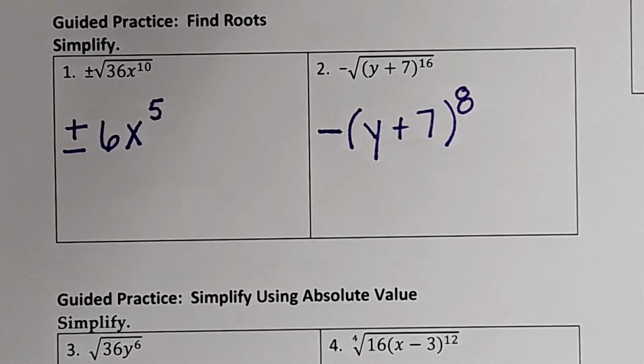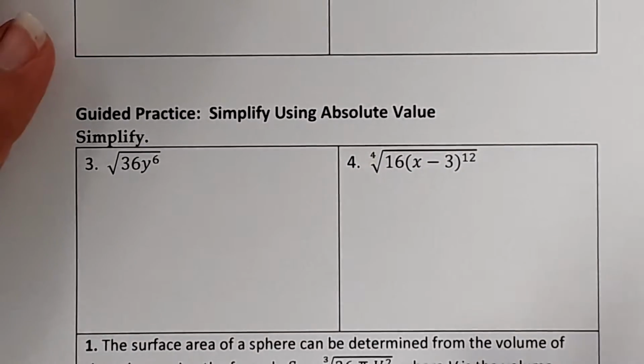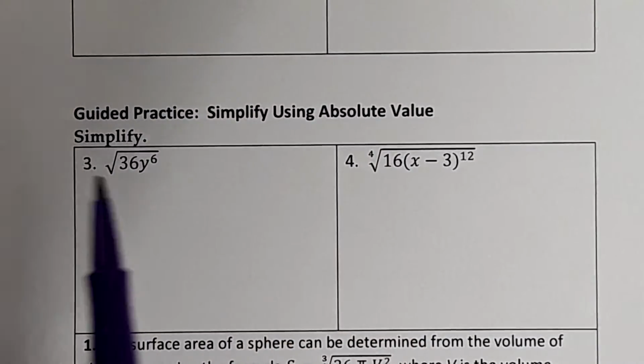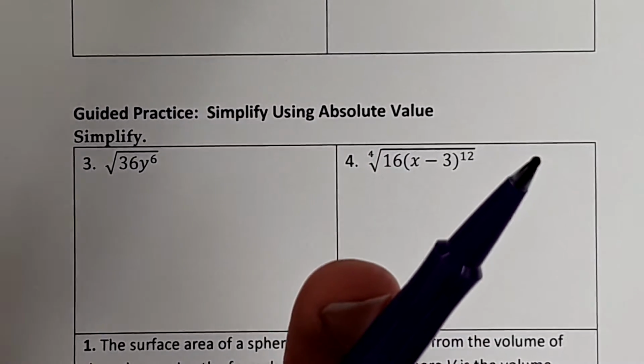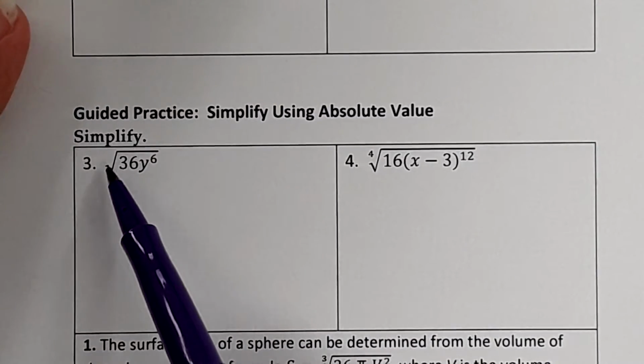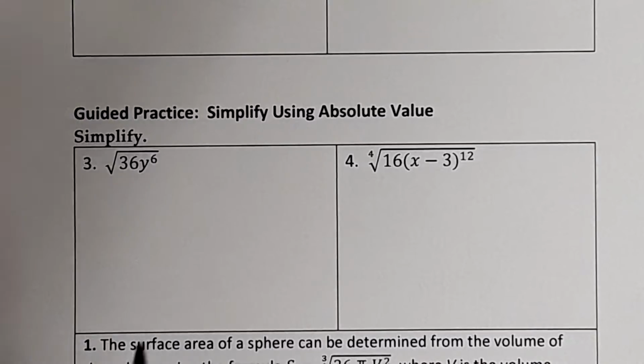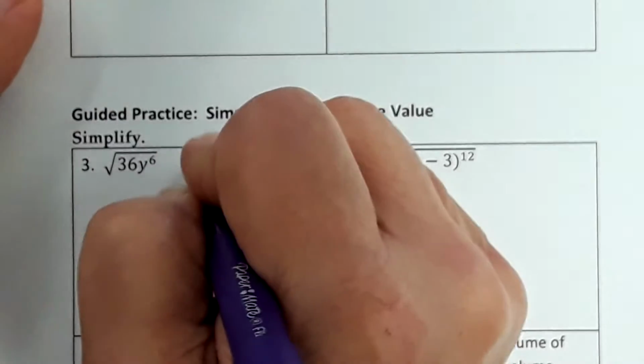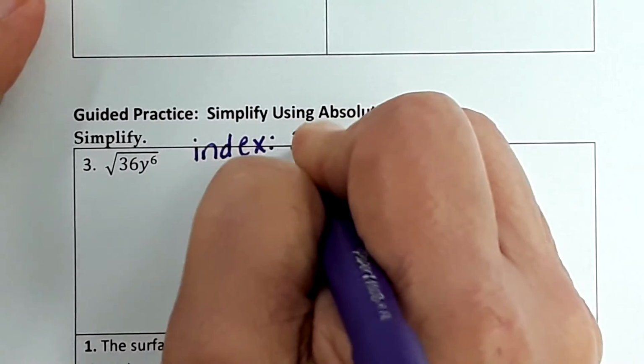Now, what we're going to do now is we're going to simplify with absolute values. So you need absolute values for 2 reasons. And you only need them around variables. You never need them around the numerical part, only the variable part. Okay, so the first thing that you have to determine is, is this an even index or an odd index? What is the number that's in the check mark? Even. It's 2. So let's just write that. The index is 2, and it's even